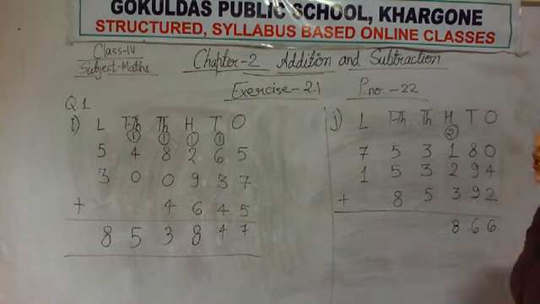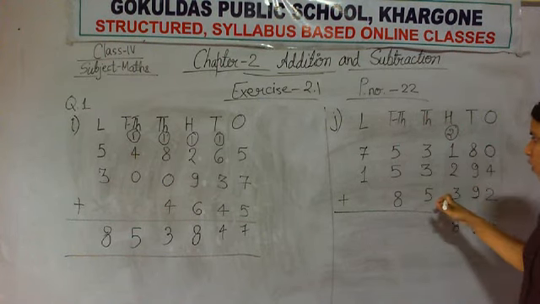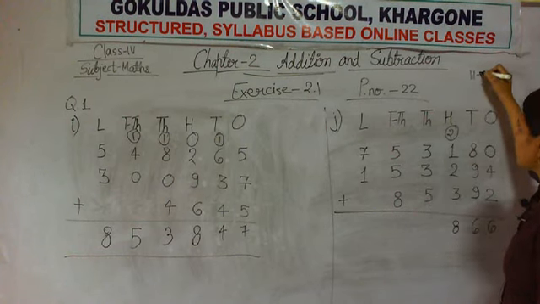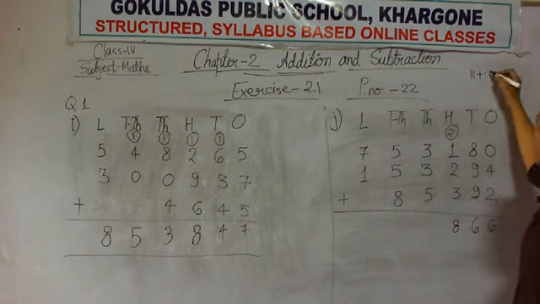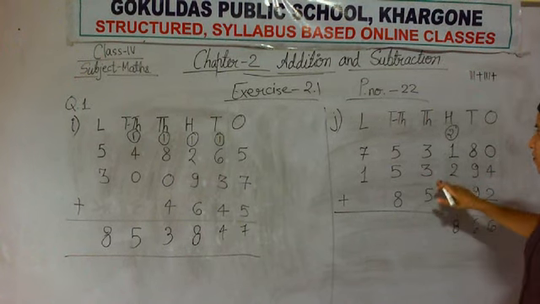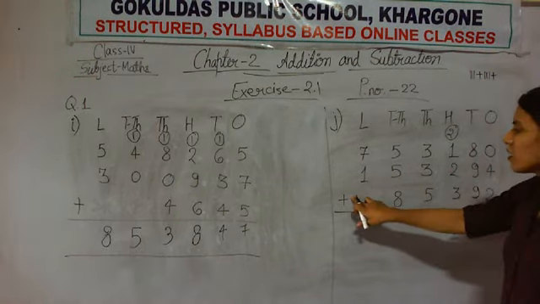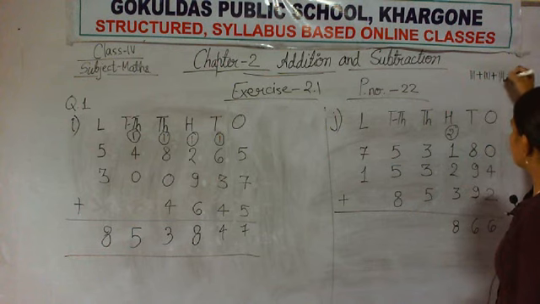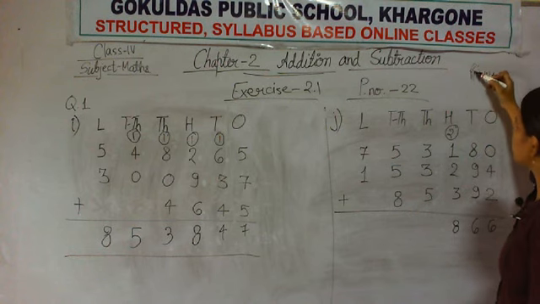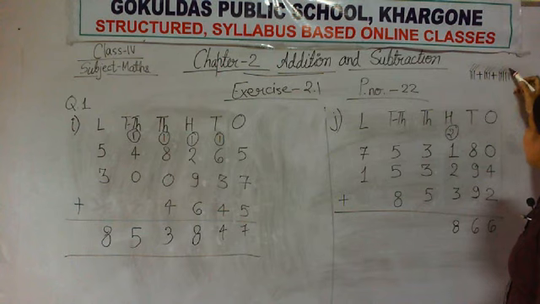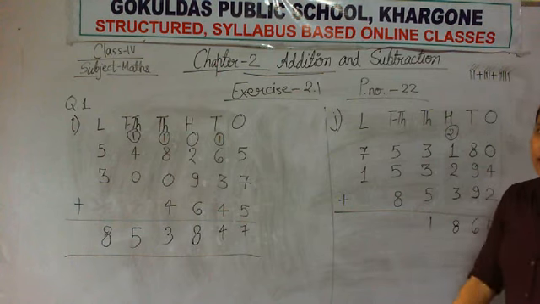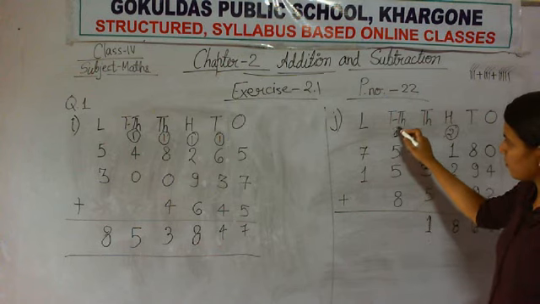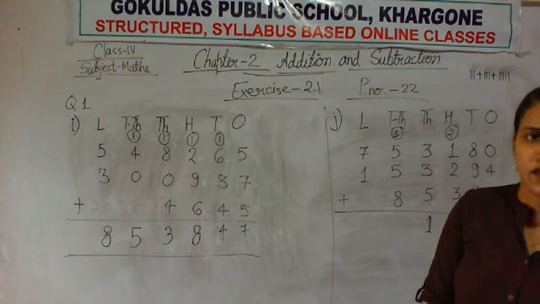Now move to the next column, that is thousands column. Now add this 1, 2, 3 digits. First digit is 3, so draw 3 sticks plus. Next digit is 3, so again draw 3 sticks plus. Why we are putting plus sign? Because we are doing addition. Now draw 5 sticks. Now count 1, 2, 3, 4, 5, 6, 7, 8, 9, 10, 11. You cannot write 11 at thousands column. So 1 will be regrouped with the next column.